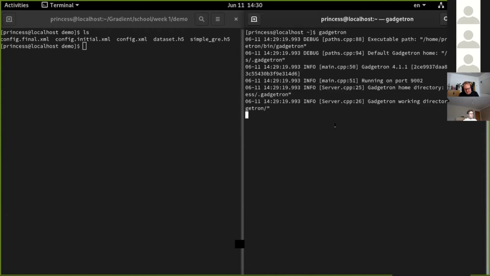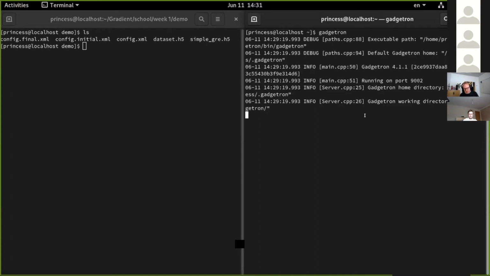And Gadgetron will then work its magic. When Gadgetron receives a connection, it reads the config file and it runs off to prepare the specified chain. So it rushes out on the disk. It finds the DLLs, the shared object files in which your gadgets are saved, and it loads the gadgets with the names you provide. It strings everything together in a chain, and it readies this chain for when the data